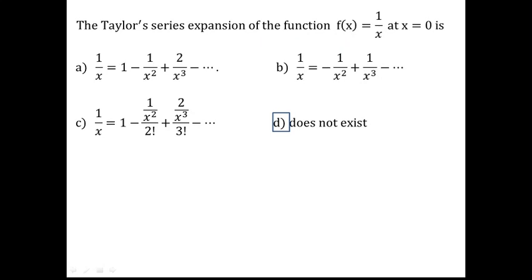Now, Taylor series expansion is expected for this given function. How to answer this? See here, there are certain functions which are not defined. Here it is expected to find the Taylor series expansion of this function at x equal to 0, and if you put x as 0, this function is not defined. If this function is not defined at that point, then obviously the expansion of such a function is not possible, even if you apply the set of formulae. Therefore option D is the correct one.